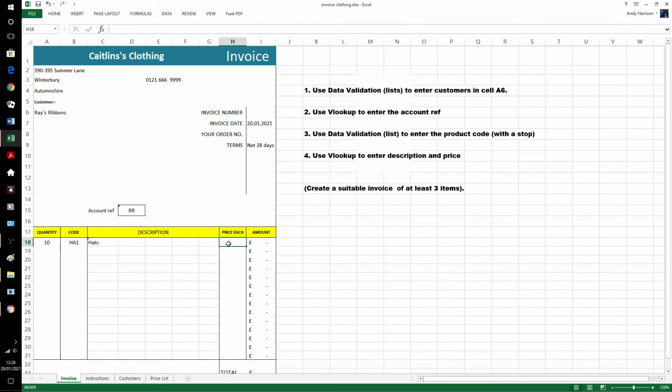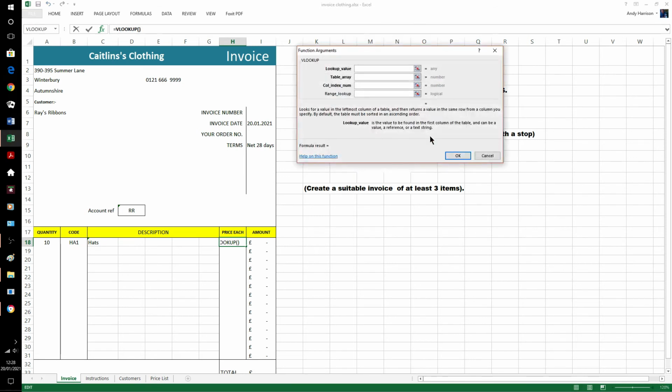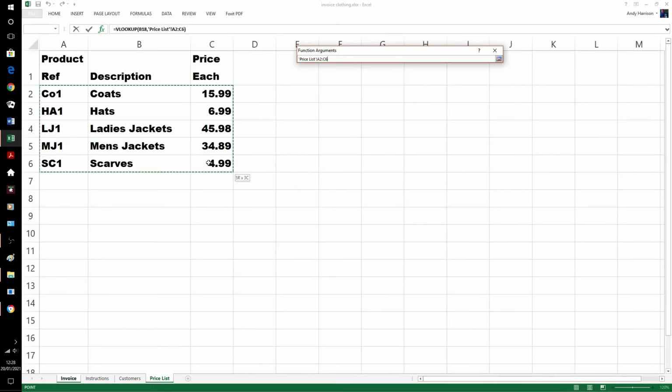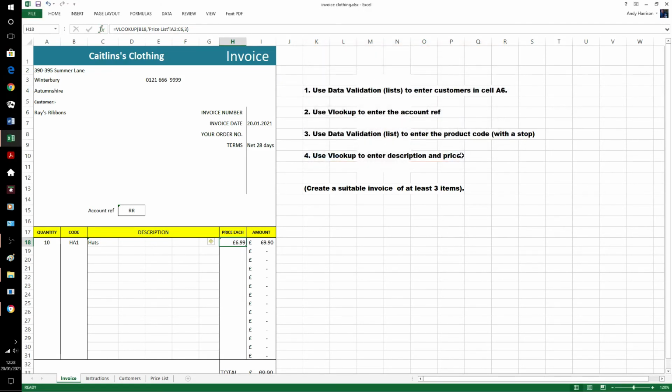And then the price each is also a VLOOKUP. So look up value again for the code, it's the same code, and in fact it's the same table but now the price was in the third column. And again, if we're going to copy it down and extend it, it needs to have a dollar sign just in front of the numbers. So now when we do our next one,